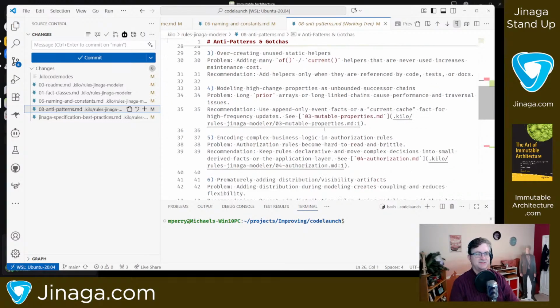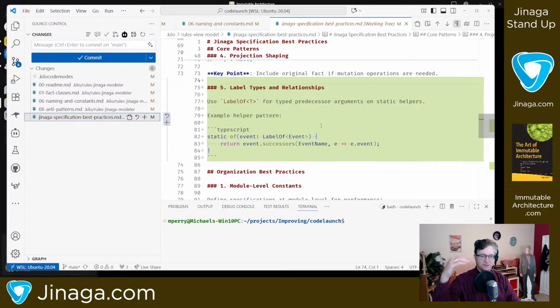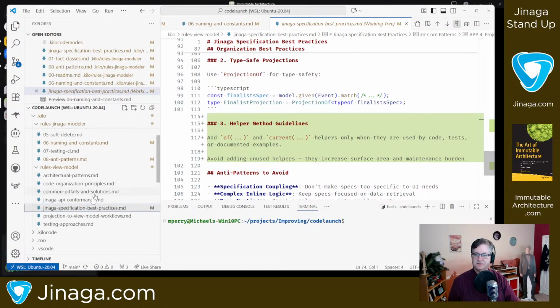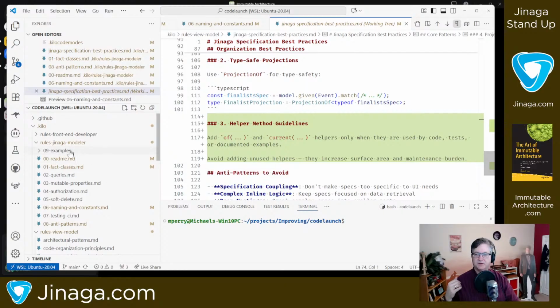Yeah, it's really being redundant. The reason being, okay, and that's where that landed, those two things. So the reason being that it's going to load all of these files into context whenever we are in the Janaga modeler mode. So we don't want a lot of redundancy, because that's just going to take up a whole bunch of